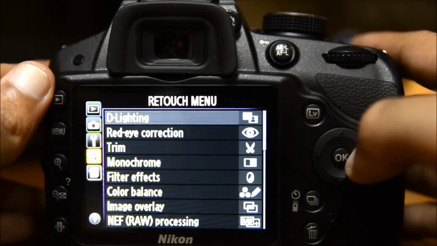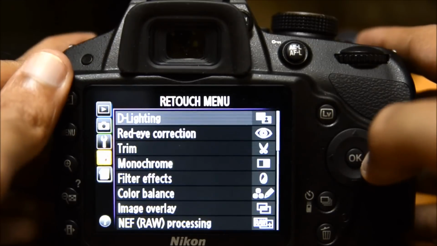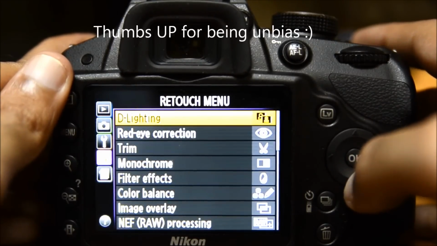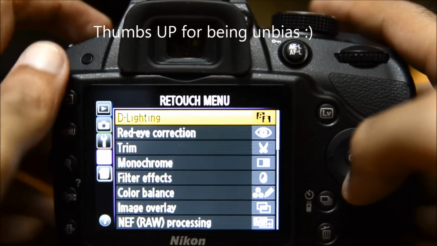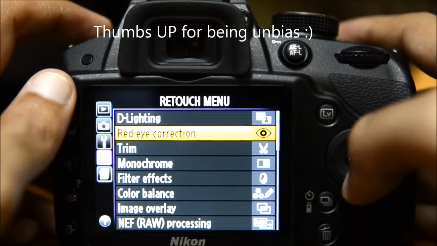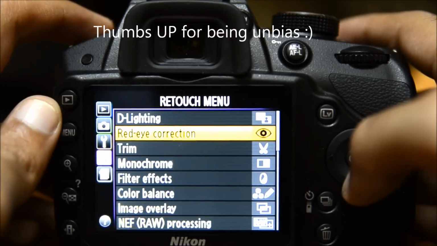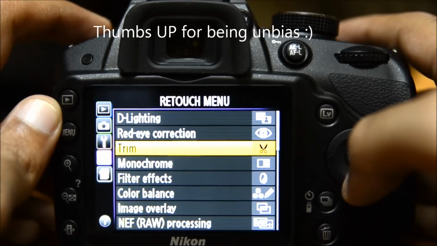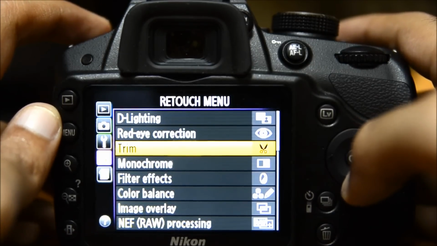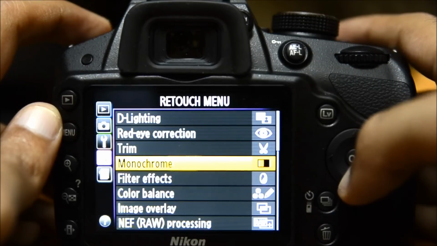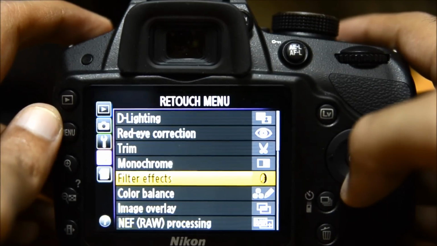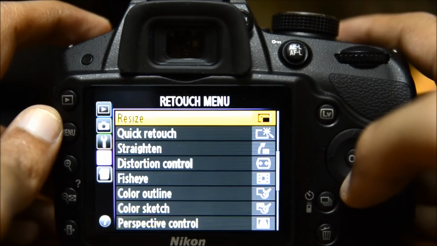This is your retouch menu. I'm sorry, I did not like this. I did not like this at all. This basically does basic editing for you. It will get rid of your red eye. It will trim the picture, which is sort of like cropping. Here it will add different effects. I tried different filters. I just did not like it. I did not like it at all. And if you go further,